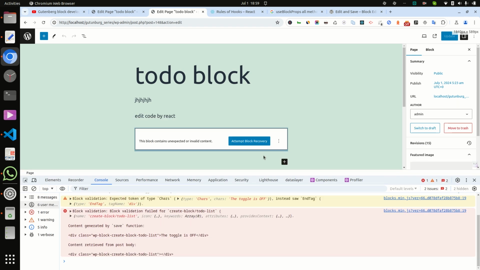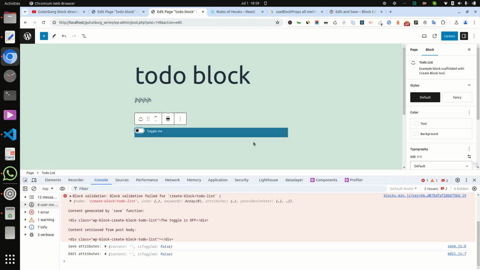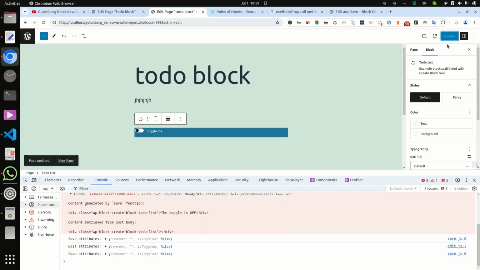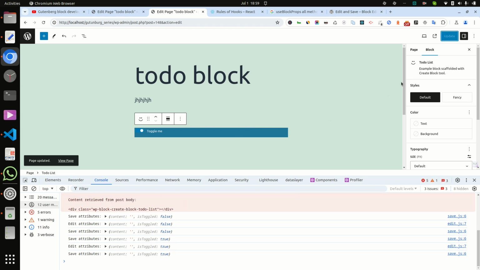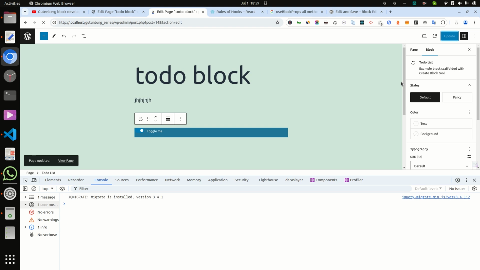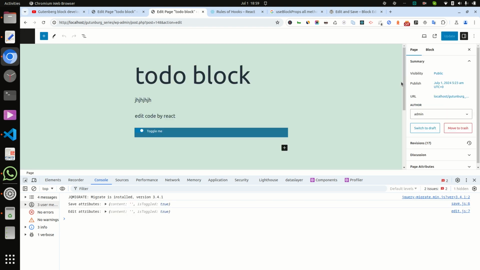Now attempt block recovery, now it is getting resolved, I think. Now I can toggle. Yes, now the issue is resolved.